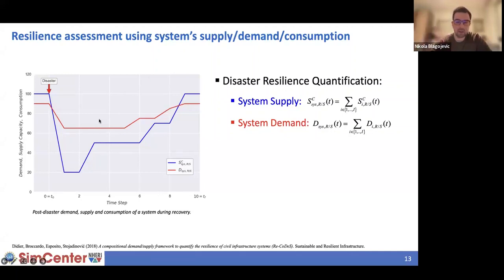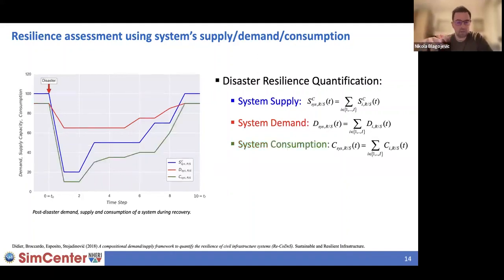You can have a decrease in demand for, let's say, electric power if people leave the community because buildings are damaged. But more importantly, you can have an increase in demand because, for example, you have emergency calls, so an increase in demand for communication services, or an increase in demand for construction workers, for building materials, because these things are needed to rebuild the affected regions.